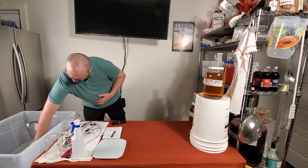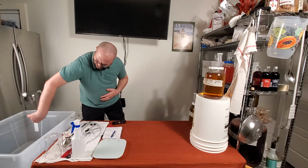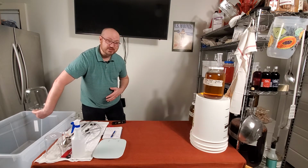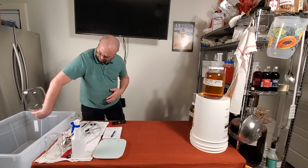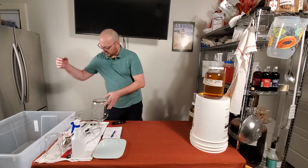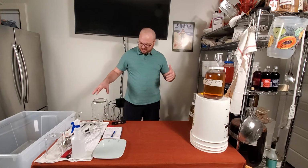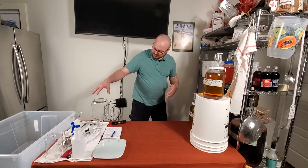I'm going to go ahead and finish getting these sanitized. I wish I did have a wide mouth. They are certainly easier to work with, and they will probably be the only thing I'll work with in the future. It's not that these are bad necessarily. They're just not as good as they could be. The wide mouths, they're just easier to clean. They're easier to get to. They're easier to deal with in general. Hopefully that stays standing while I grab